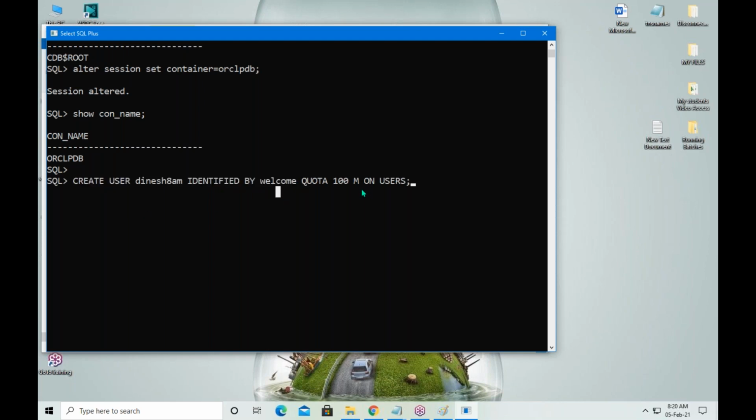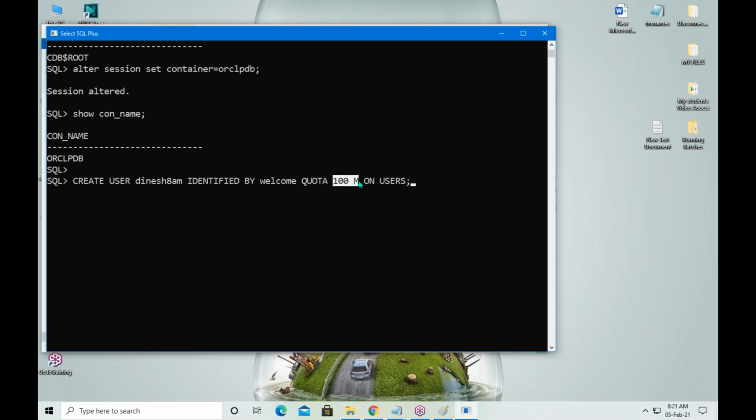To create a user account in 12c onwards: create user username identified by welcome quota 100M on users. What is quota? Memory.